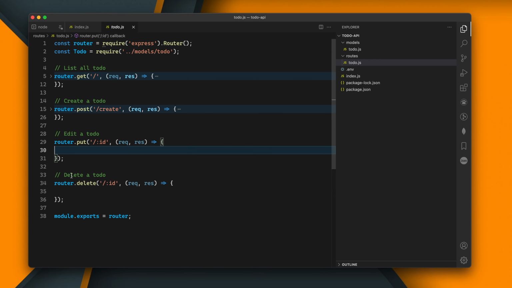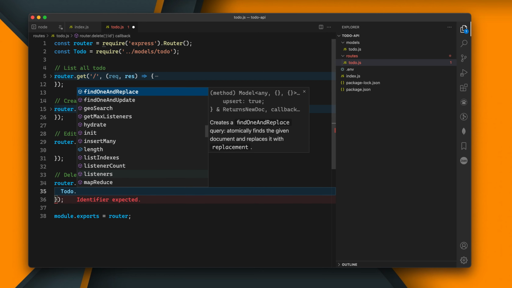Let's come to the delete or edit. Let's come to the delete because it is simpler compared to the edit. After that we will see how we can edit. First we will see the delete. So let's do Todo dot